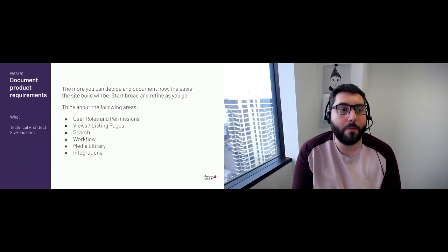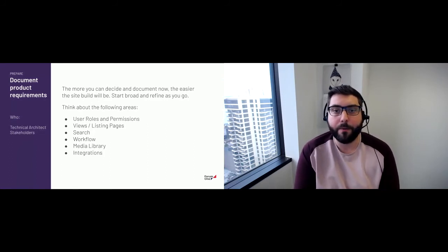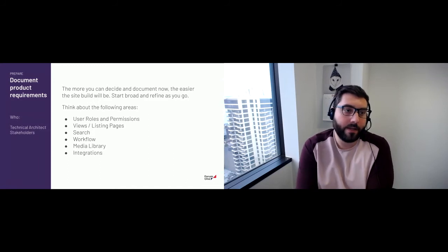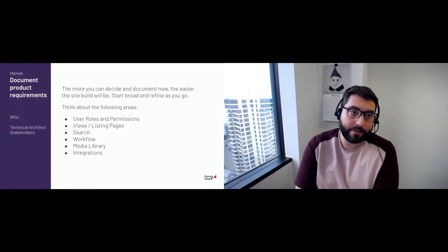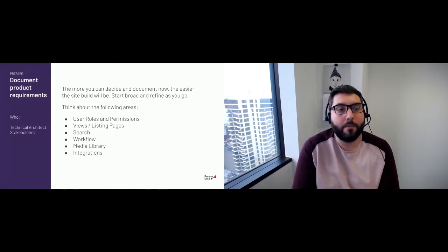And speaking of product requirements, before I ever start building an actual site, I like to have a list of user stories. These are high-level user stories, and don't necessarily define acceptance criteria or the technical implementation for these different pieces of functionality. But usually I, as the technical architect, will meet with stakeholders, and stakeholders could mean content creators, could mean developers on the team, could mean your organization's leadership,